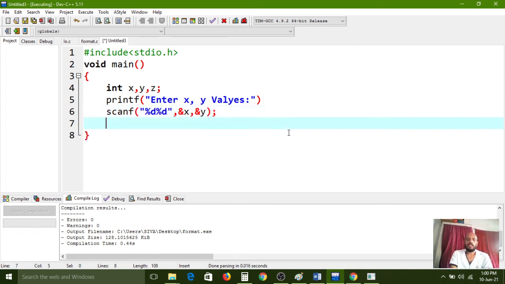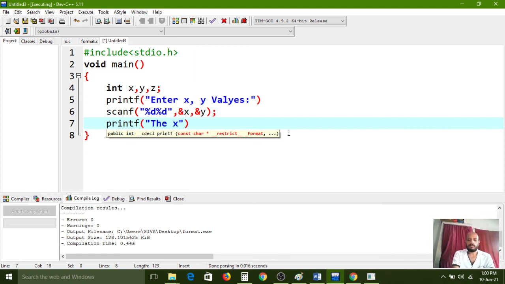Okay, and again a printf statement. Now we are discussing the printf function. So x equal to %d and y equal to %d, sum is %d.